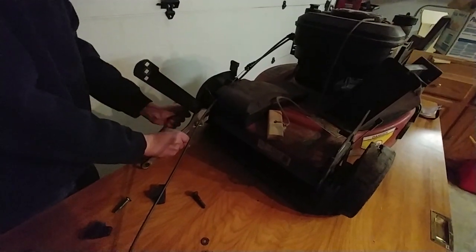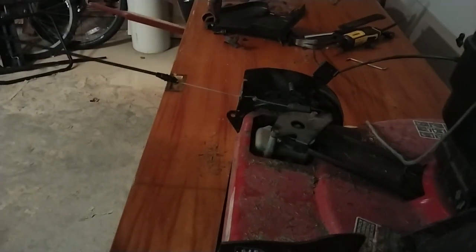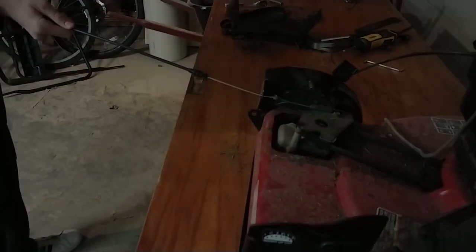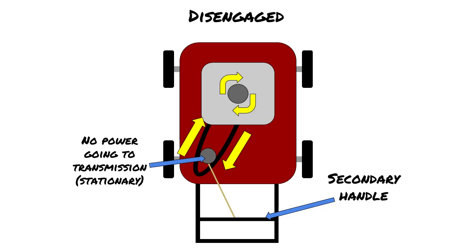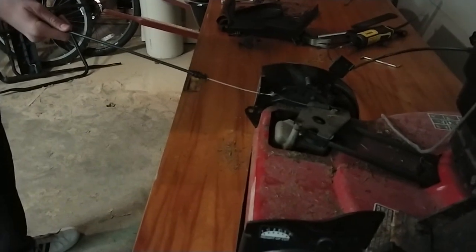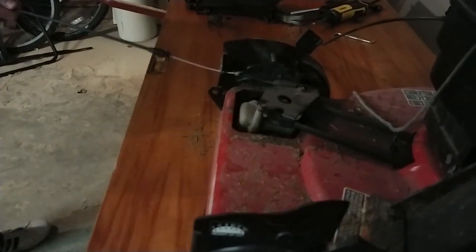For example, to make this a personal pace mower, the designers added a belt that connected the drive shaft to the mower's version of a transmission located near the rear wheels. If the secondary bar on the handlebar was disengaged, the belt would spin freely, only being connected to the drive shaft. However, when one would engage the secondary bar, that would rock the whole transmission casing on a single pin towards the user. That would increase friction on the belt and transfer some of the power produced by the engine